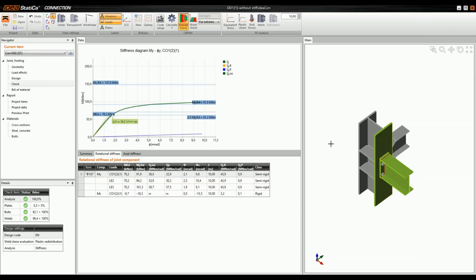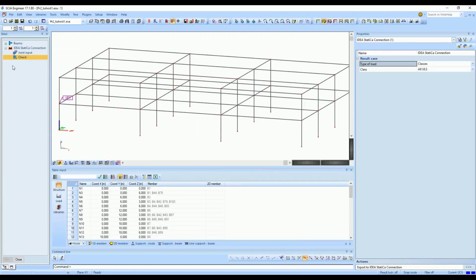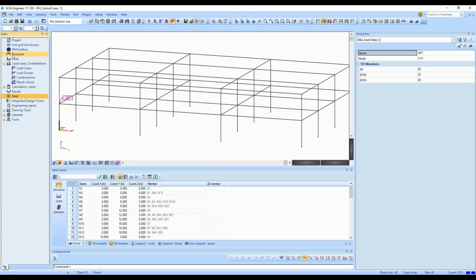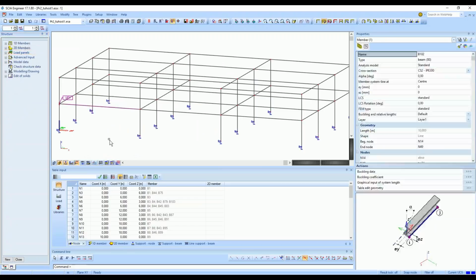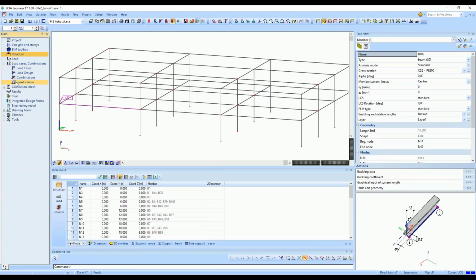That means that you have to change a little bit your structure in SIA Engineer and to put in the correct rotational stiffness. I personally would take this number 30.2 and I will put it into the SIA Engineer again. So we will go here, we will close it, go to the structure, select the beam, so structure, go to the